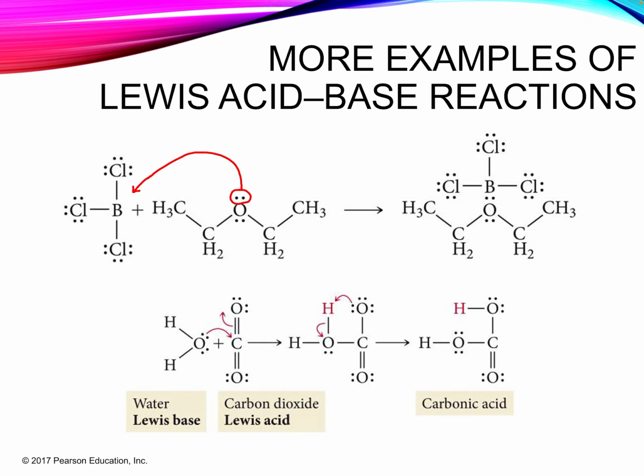And then on this last one down here, we have carbon dioxide, which can act as a Lewis acid because carbon is electron deficient, right? Both of those oxygens that are bonded to it are electronegative, and they're shifting the electron density towards the oxygen and away from the carbon. So that makes our carbon really electropositive, right? It's very electron deficient. So this lone pair from the oxygen can be donated, right? It can act as a Lewis base and donate those electrons to the carbon dioxide, that Lewis acid,